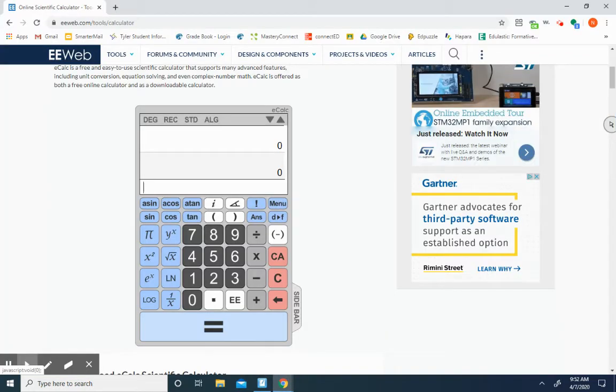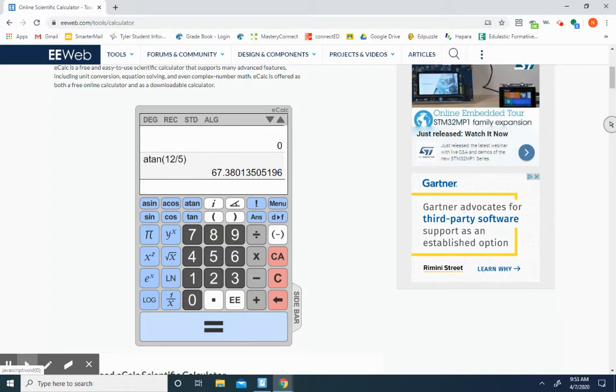So again, if you don't have a calculator, you can use this calculator on the website, eewab.com/tool/calculator. And this will be a calculator that will easily give you everything you need. So we wanted tangent inverse, or arctangent, which is labeled as a tangent on the calculator. So arctangent of 12 divided by 5. Make sure your parentheses are closed and then press enter. And you'll get your angle,